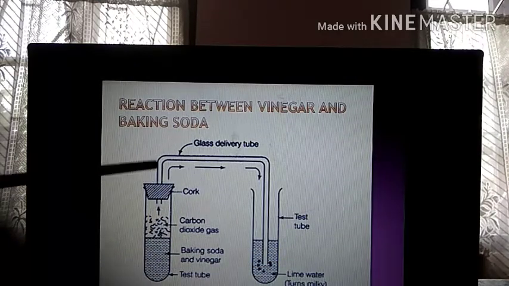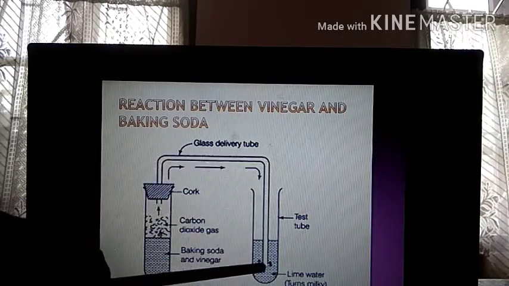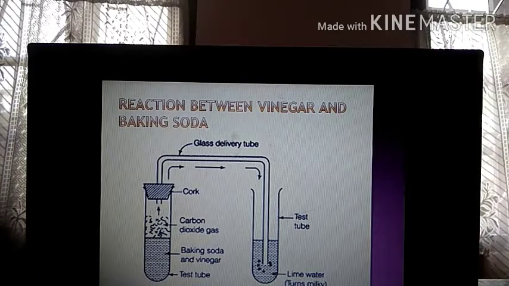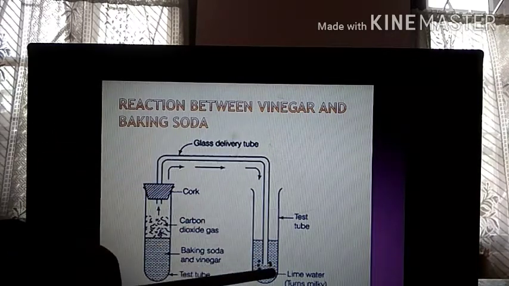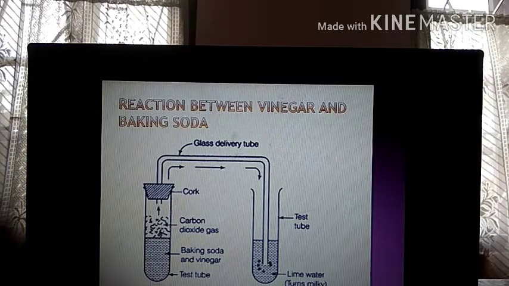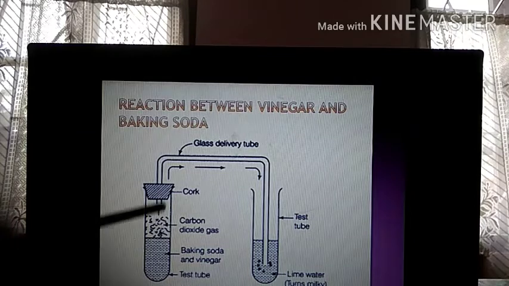Once the gas passes through here and goes into this solution, you will see the lime water gradually become milky. The color of the solution will change. Once the color of the solution changes, it will now become calcium carbonate. That means from calcium hydroxide, it will now become calcium carbonate. Is it clear? So this was the first reaction.